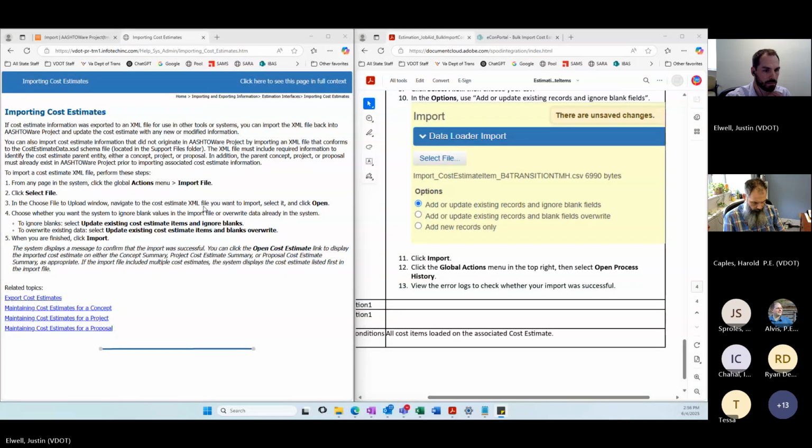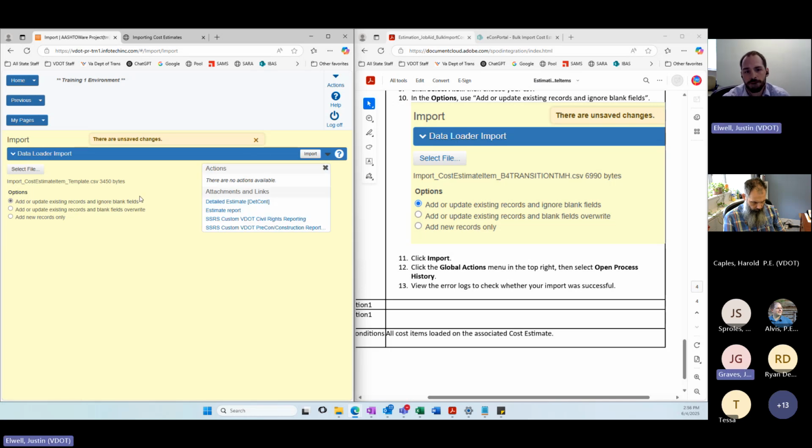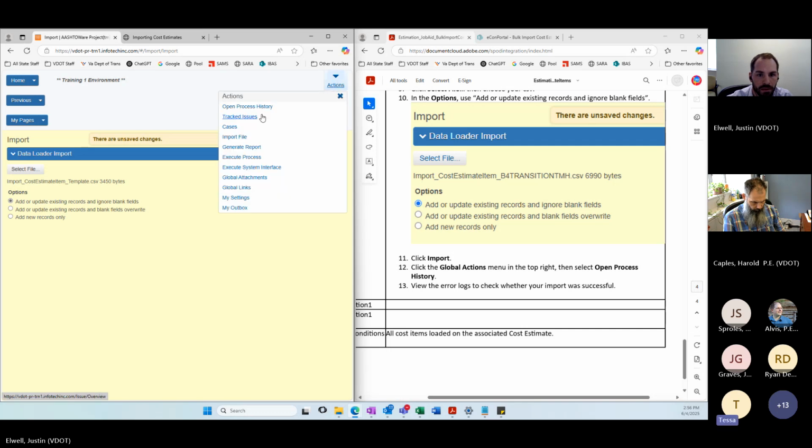Hey, Justin, we were trying to use this feature recently, and when we click on the action button for data loader import, we were getting payroll import. And so nothing was working. Sounds like you picked the wrong thing. Like he picked import file was the action he picked. Yeah, that's what we did. We followed the job aid. And he saw payroll import? Yep.